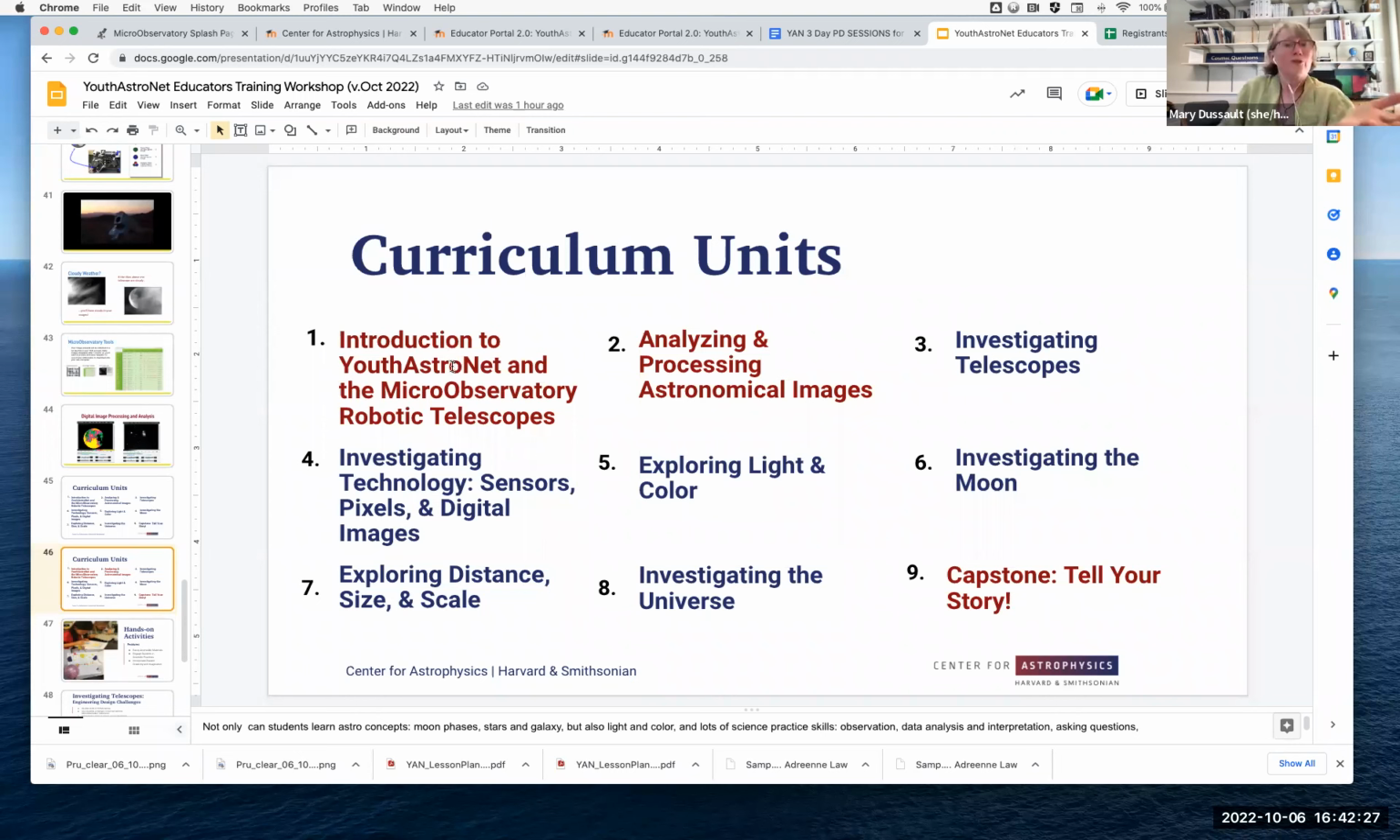Introduction to YouthAstroNet and the telescopes. We did a little bit of that last week. I'll show you more of what's in there. The second unit is analyzing and processing astronomical images, investigating telescopes, investigating technology, sensors, pixels, and digital images. So taking a deeper dive into that idea that there's math behind the images, exploring light and color,